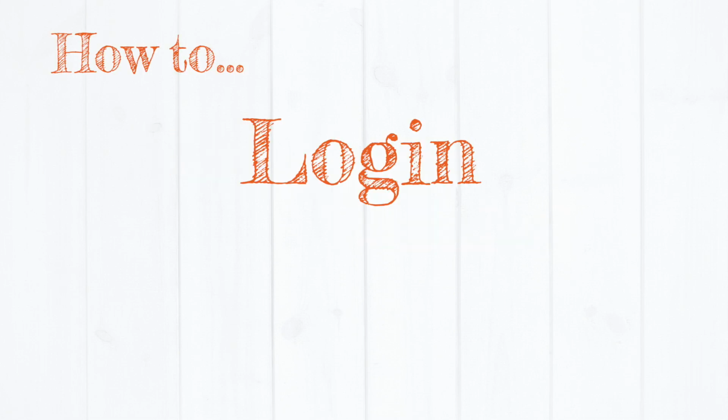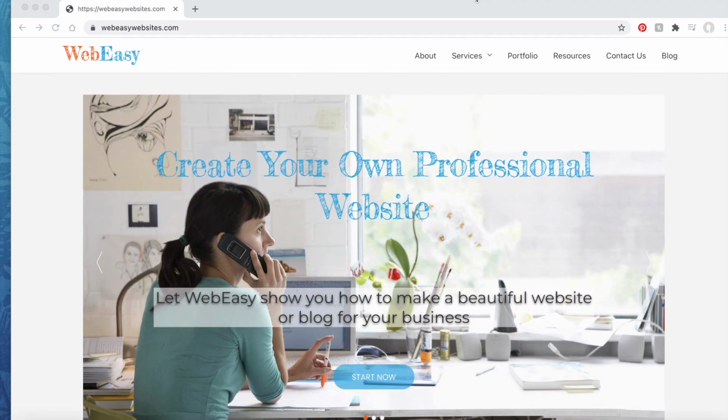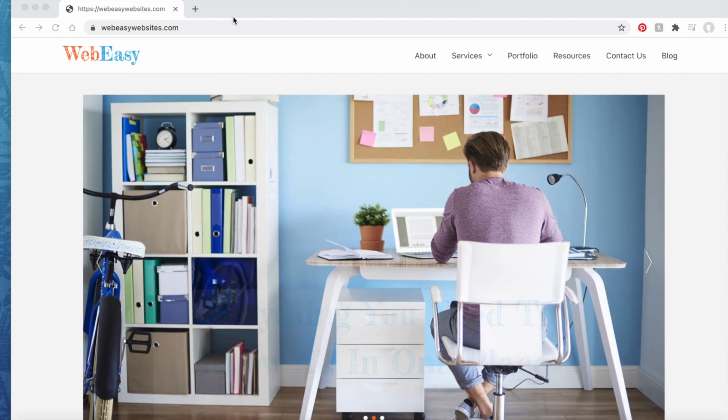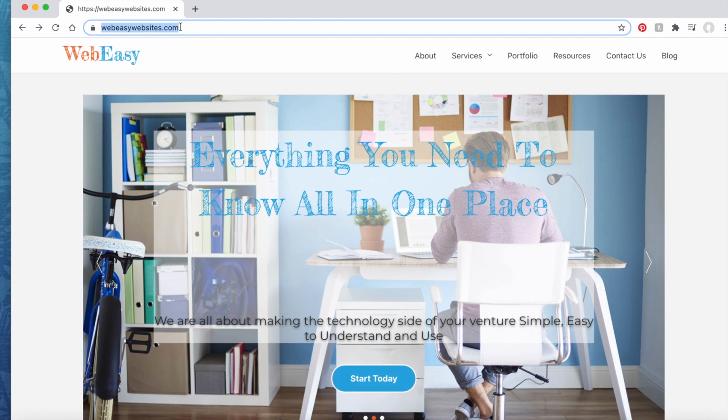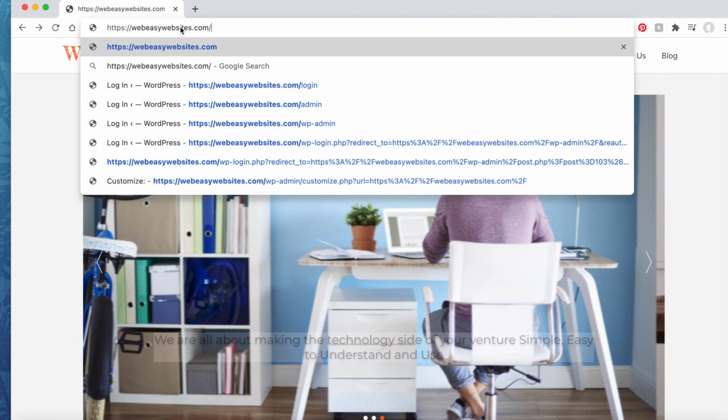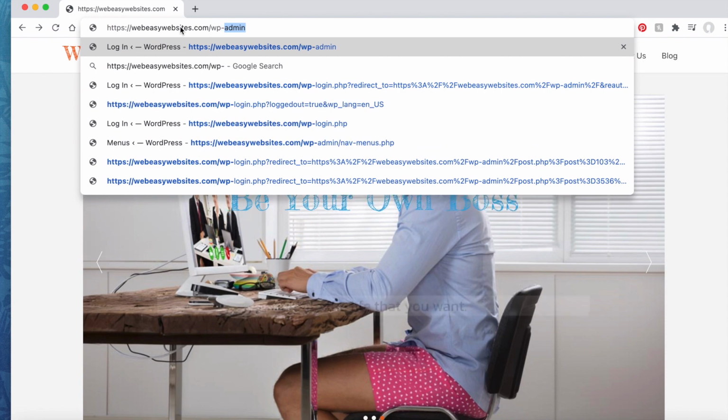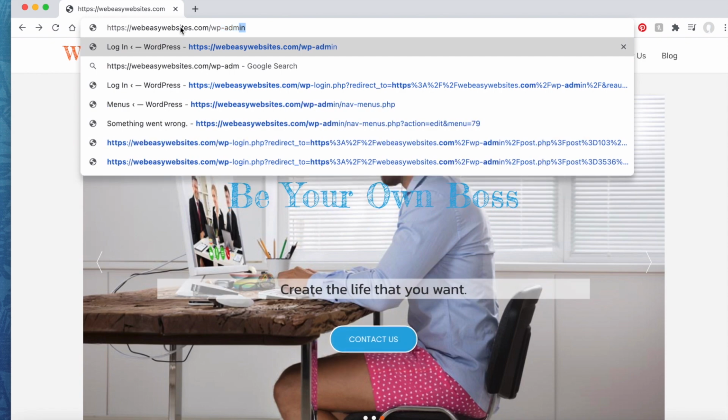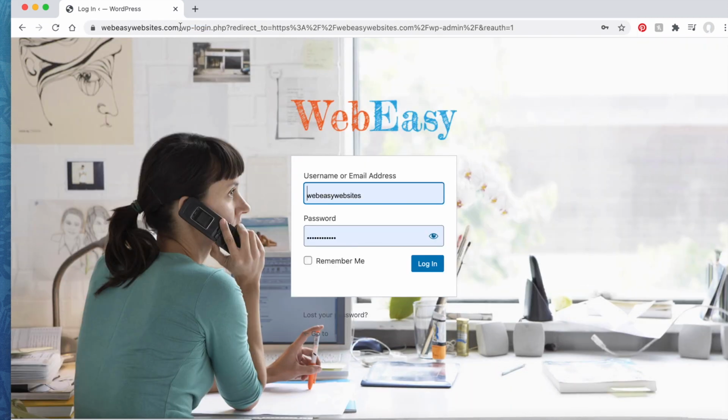Today I'm going to teach you how to log into your WordPress website. Okay, so here's my site and I'm not logged in. So I go up to the URL, which is the address bar, and at the end of that I do a /WP, which is WordPress, -admin, hit enter, and this will take us to the login page for your dashboard for your WordPress website. Mine has the saved username and password, but you'll just need to put those in and hit